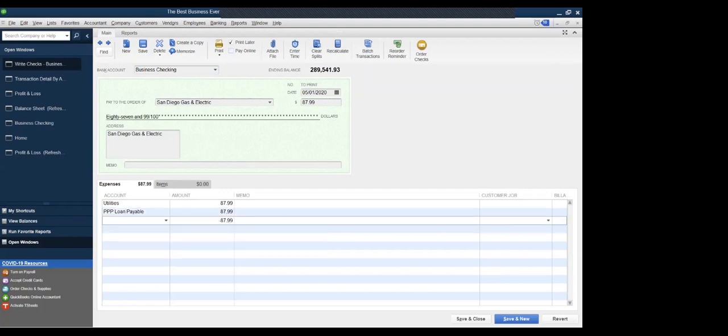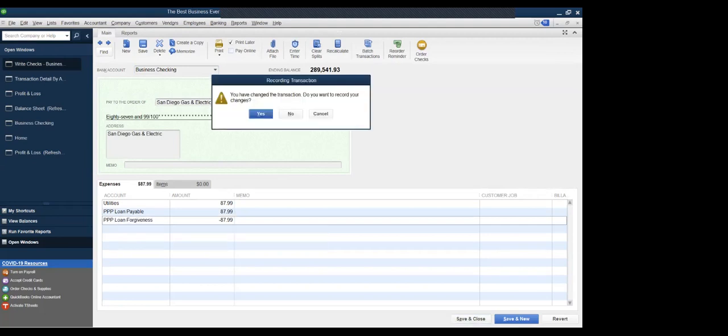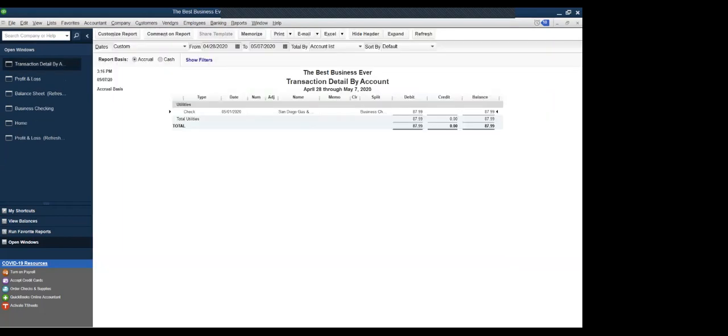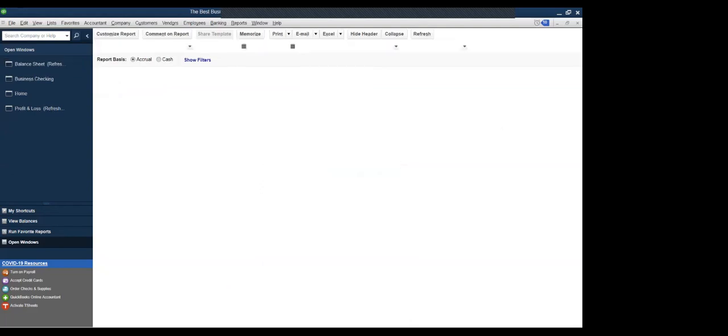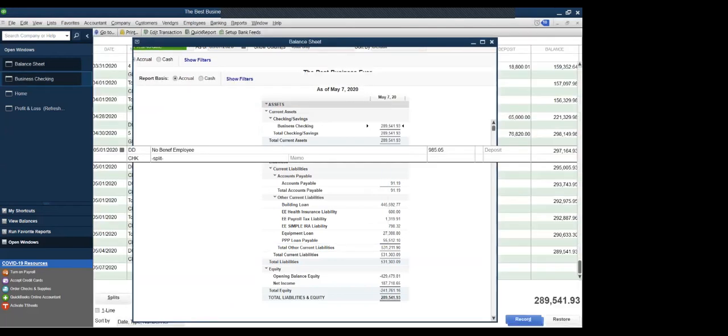And a PPP forgiveness for $87.99. So I hope that you're seeing that this is getting very repetitive. It's just 2 lines for every transaction. And then when we're done posting our transactions, it might be a good idea to run a balance sheet the day prior to our loan funding, just to make sure we didn't change any transactions that were prior to our loan funding. So if we go to our balance sheet,